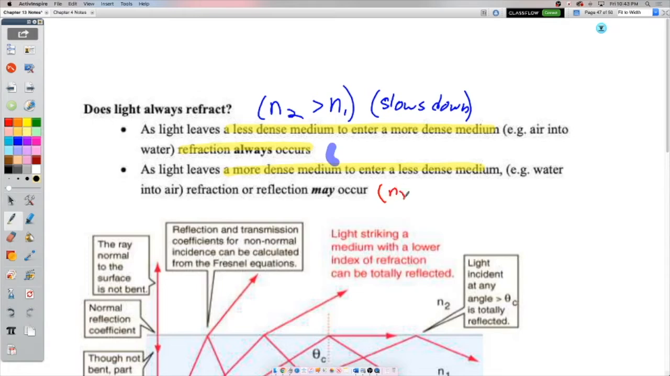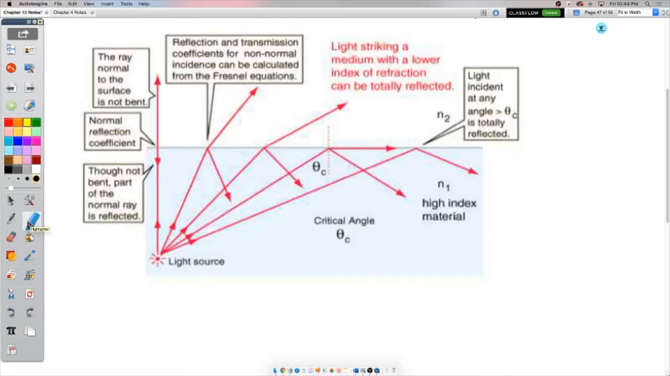So when N2 is less than N1 and light speeds up, refraction or reflection may occur. Truthfully, they both occur in both. It's just which one dominates. So as light leaves a more dense medium to enter a less dense medium, refraction or reflection may occur. They both do. It's just one will dominate. We'll get a little bit into the math of why this happens in a sec, but let's just take a